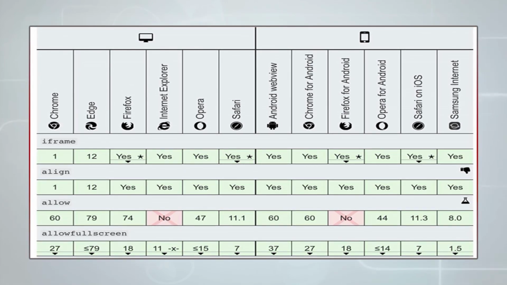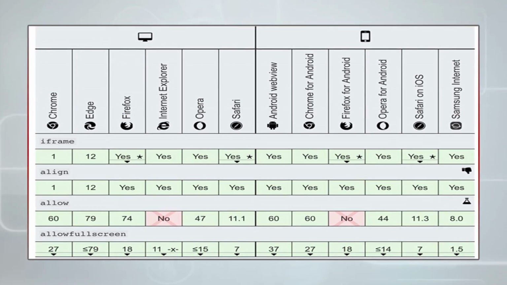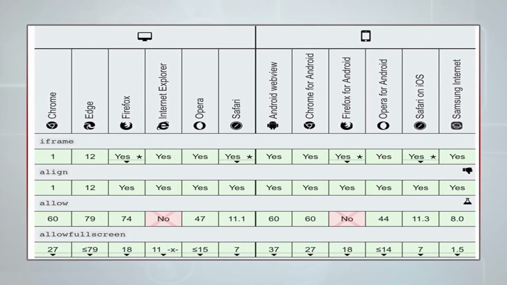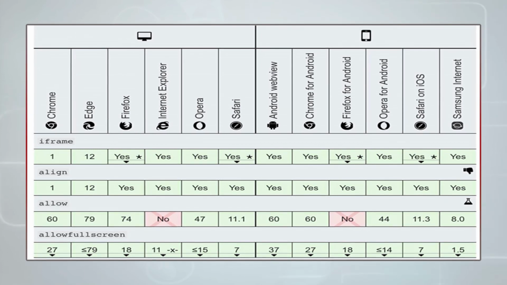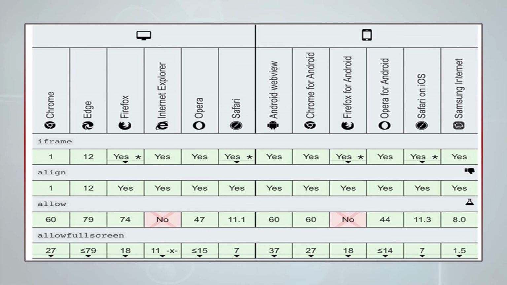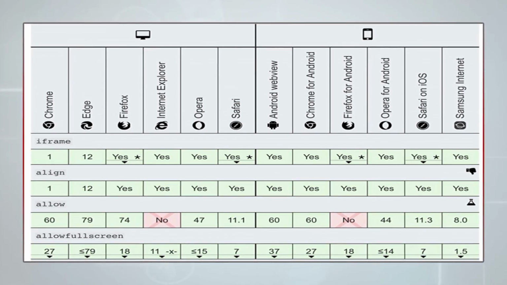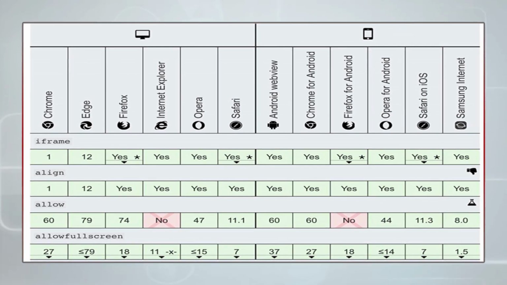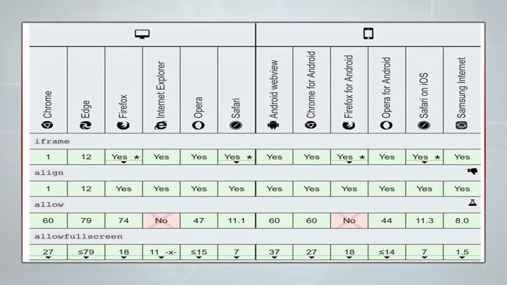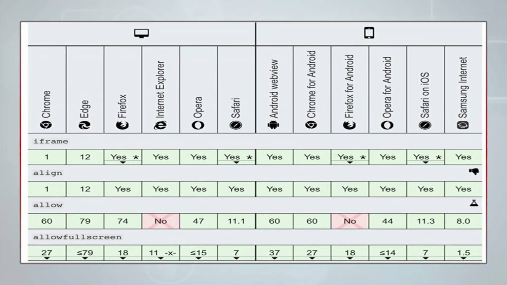Okay, so you have different attributes of iframe, like align. Align is also supported across many browsers. Then you have allow, that is also supported, but in the case of Internet Explorer and Firefox for Android it is not supported. Then you have allowfullscreen, it is also supported across all the browsers.